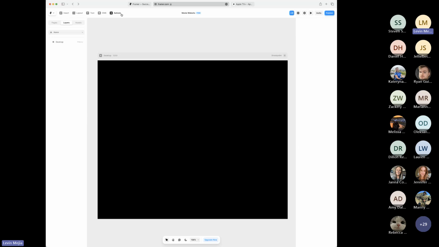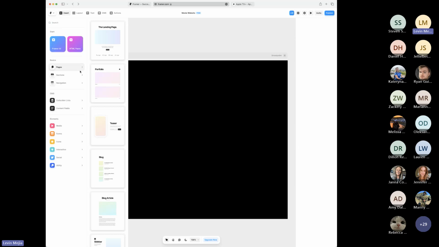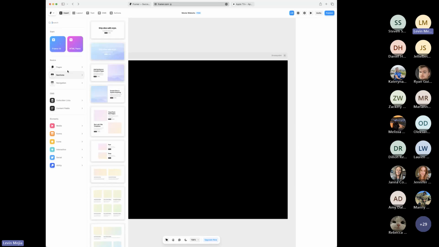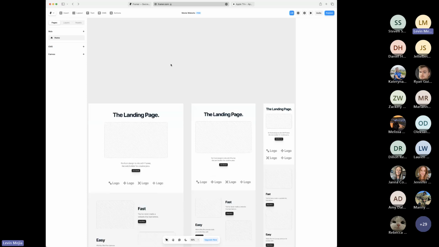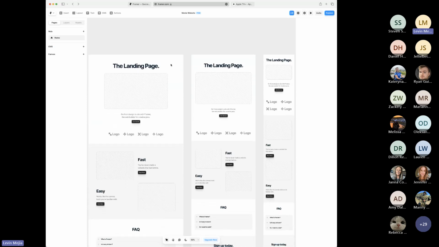There's a whole bunch of other things as well that you might be familiar with, like text and so on. But we're just going to go to Insert. And when you go to Insert, you're going to get a couple of options here. And what's nice about Framer is that they give you some templates to really get started quickly. So if we want to create a landing page like this one here, and click that landing page, it even gives me the templates for